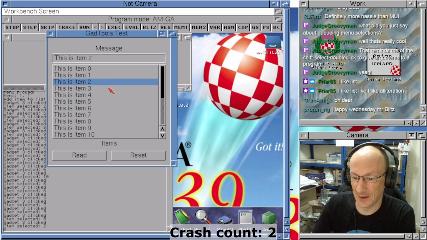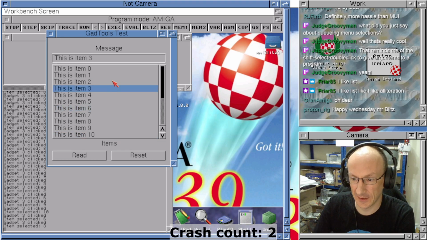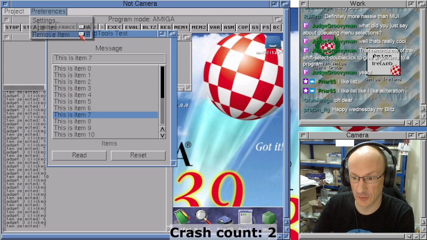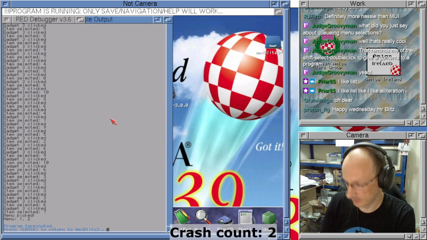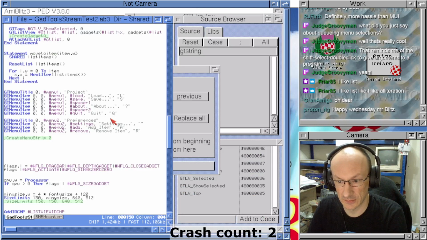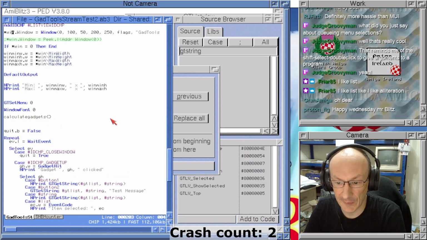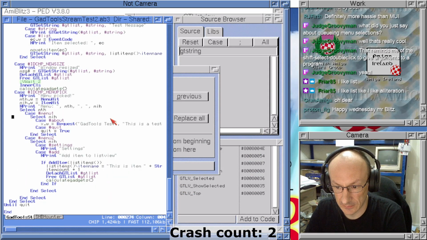Okay, but anyways, I'm happy I got this working. So the highlight is staying on now, which is cool. So now we can use that to remove the item. Now we haven't added that yet, but now we know where we are. So what we're going to do is, if we've got a menu hit,